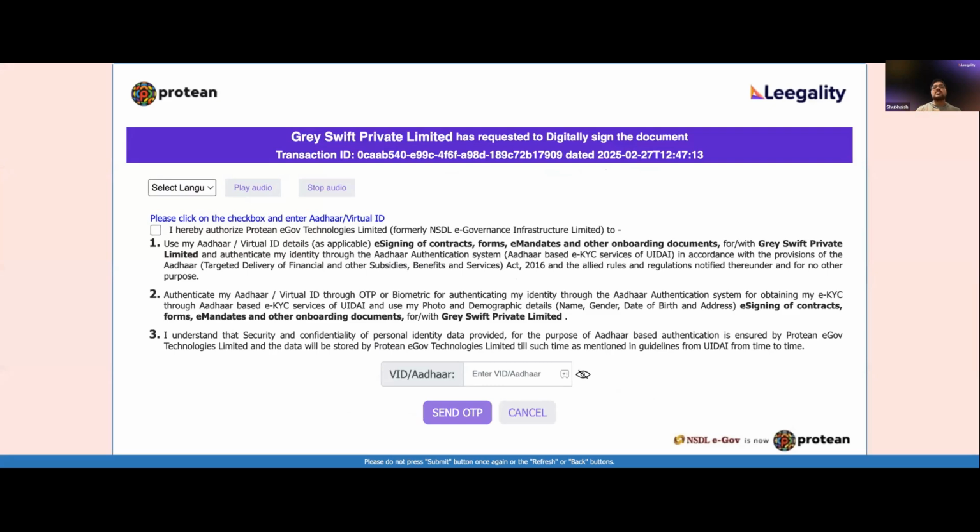So whenever your borrower tries to resend, they will be taken to that ESP instead of just whichever ESP we've put on top. Because let's say Protean is facing downtime and people keep going to it, they will not be able to do Aadhaar e-sign. So we make sure they go to an ESP where they're able to do Aadhaar e-sign. And let's say even then they're facing an issue, all they have to do is a quick